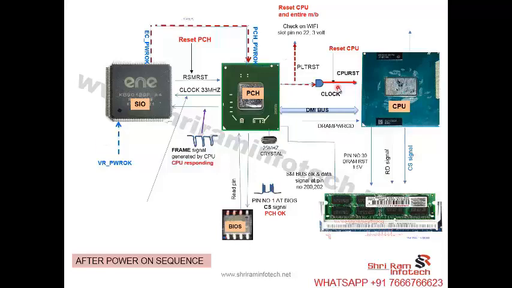After CPU reset, there is one signal that is called DRAM power good. You can check this signal on the 30 pin at RAM. Now the CPU got a reset and this RAM also got a reset, and they are ready to communicate with each